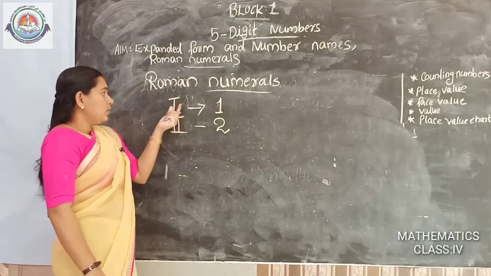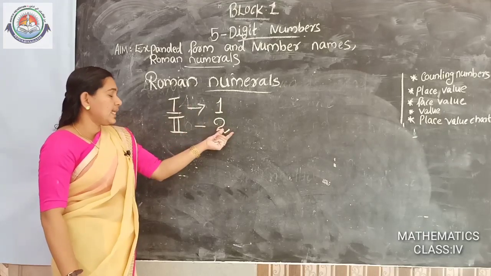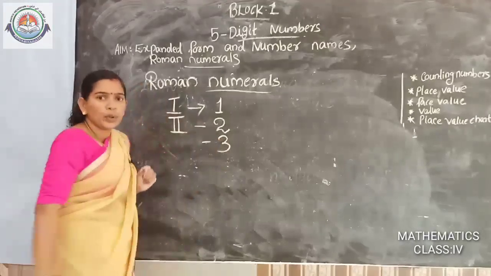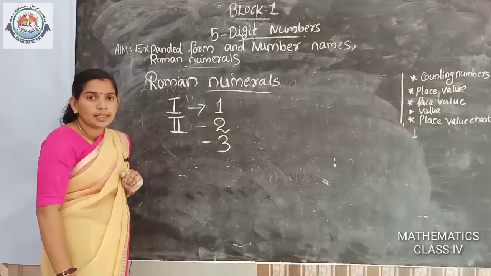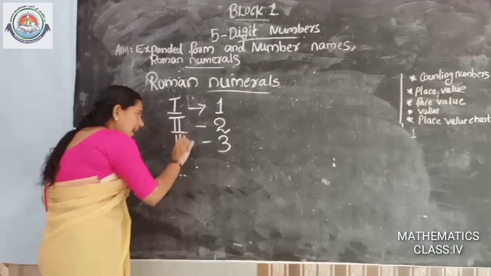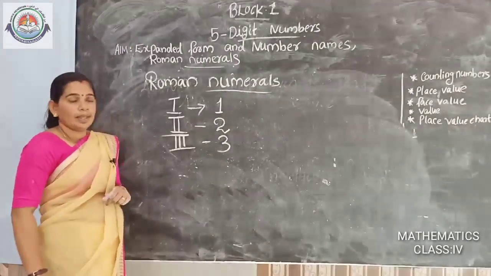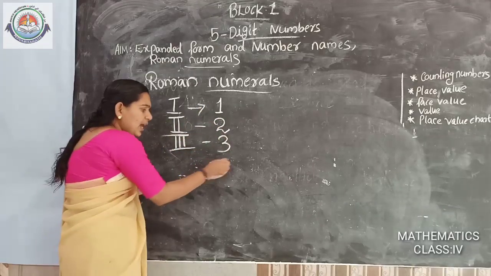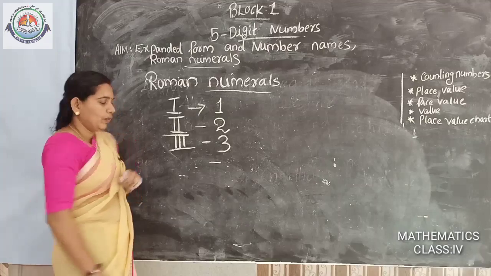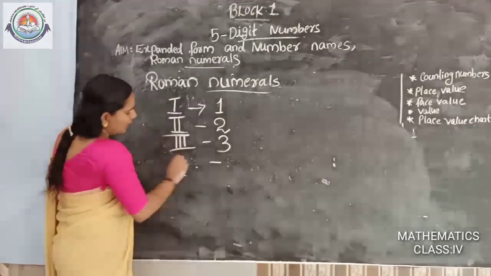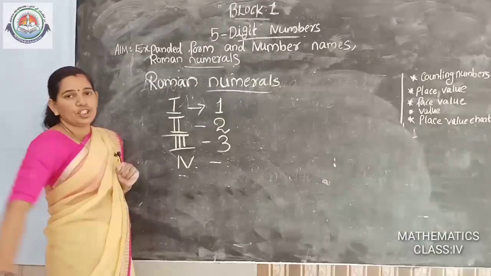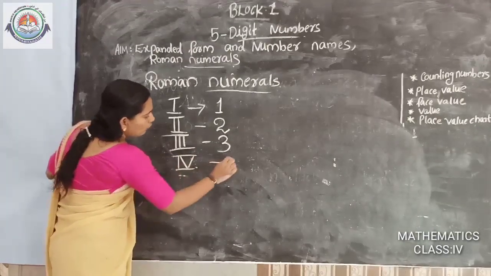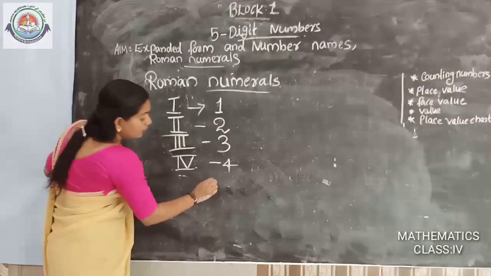First standard you write 1 line. Second standard you write 2 lines. Then third standard, how do you write? How many lines are there? 3 lines. Okay. Then 1, 2, 3. Then fourth standard, you write 4 lines? No. You are writing 1 line, then this like one symbol. Okay, this is 4. Then fifth standard, how do you write?